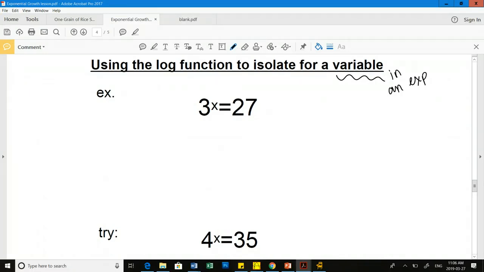I'm only going to use the log button on my calculator if my unknown, or my x value, is in an exponent. Otherwise, I am not using the log button. Now, I think we could probably guess and check for something like this, right? So if I guess and check,